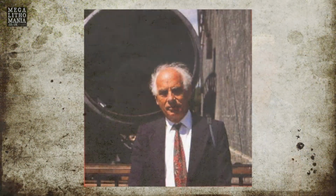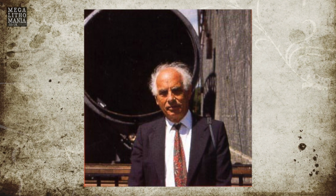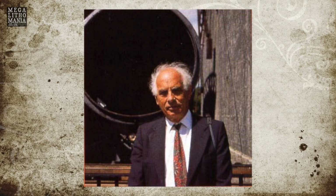So we have many giants' graves, and this is a very peculiar one because it looks north. Most giants' graves were actually built looking east, looking at the sunrise. This was research done by a British archaeoastronomer, Michael Hoskin, of the University of Cambridge, who came here in the 80s and did very deep research on